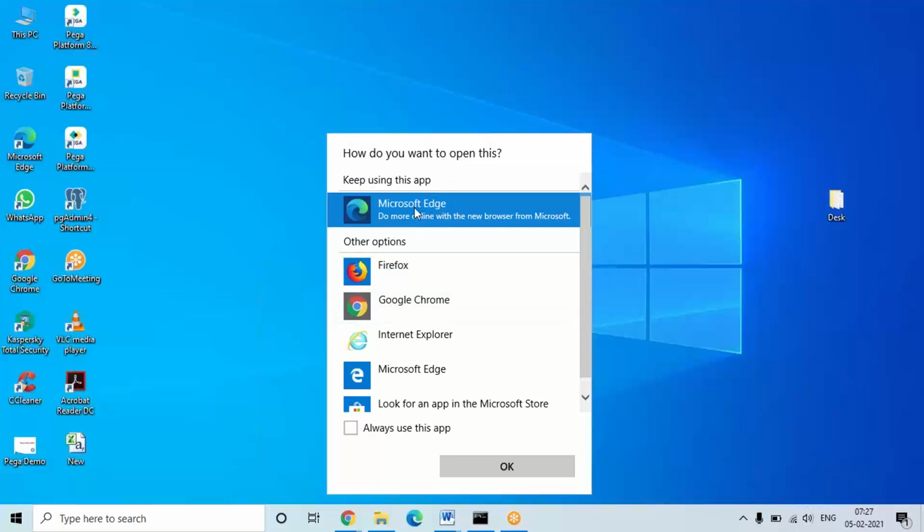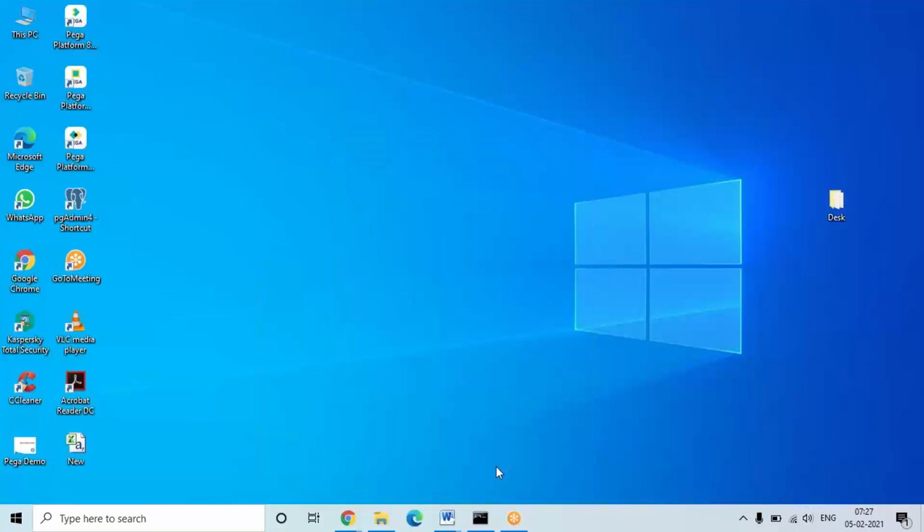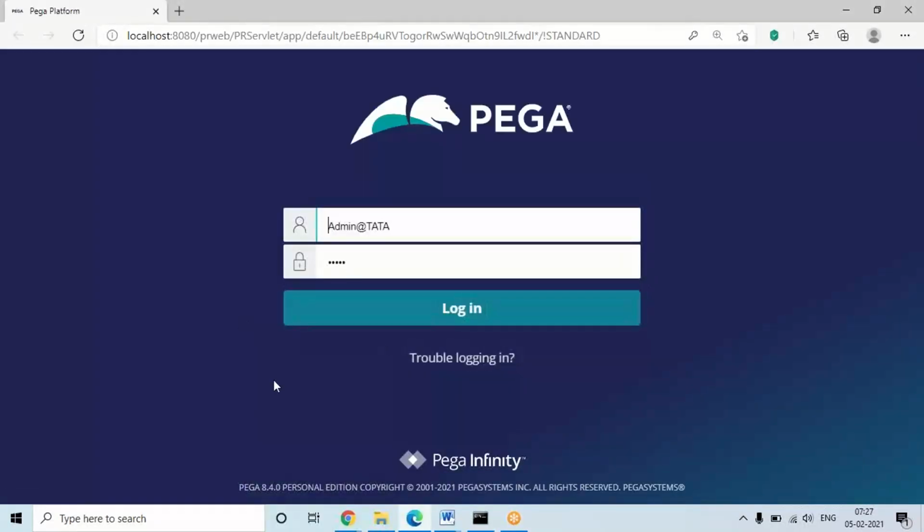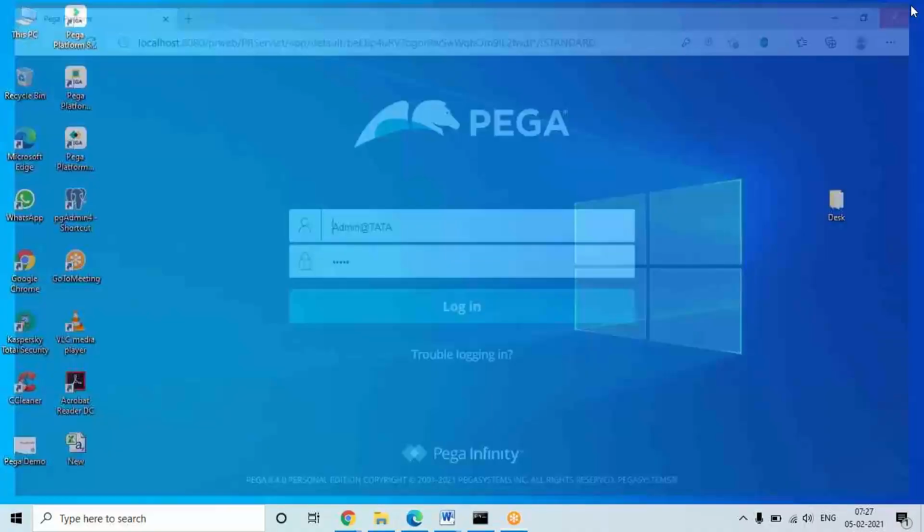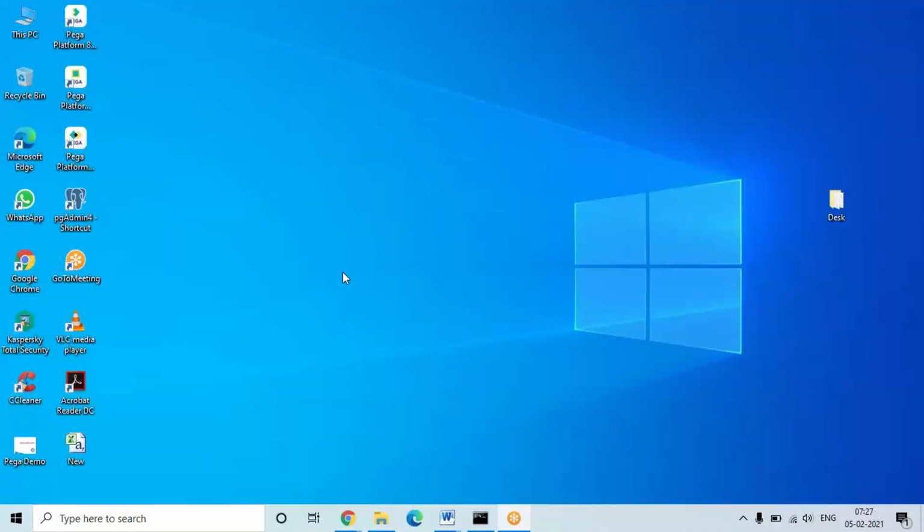Then just select the checkbox, always use this app. Next time, if you click the login icon directly, it is going to open in the Microsoft Edge browser. So if you were using any other browser earlier, you can just do this setting, and from next time when you click on login, the application will open in whichever browser you set.